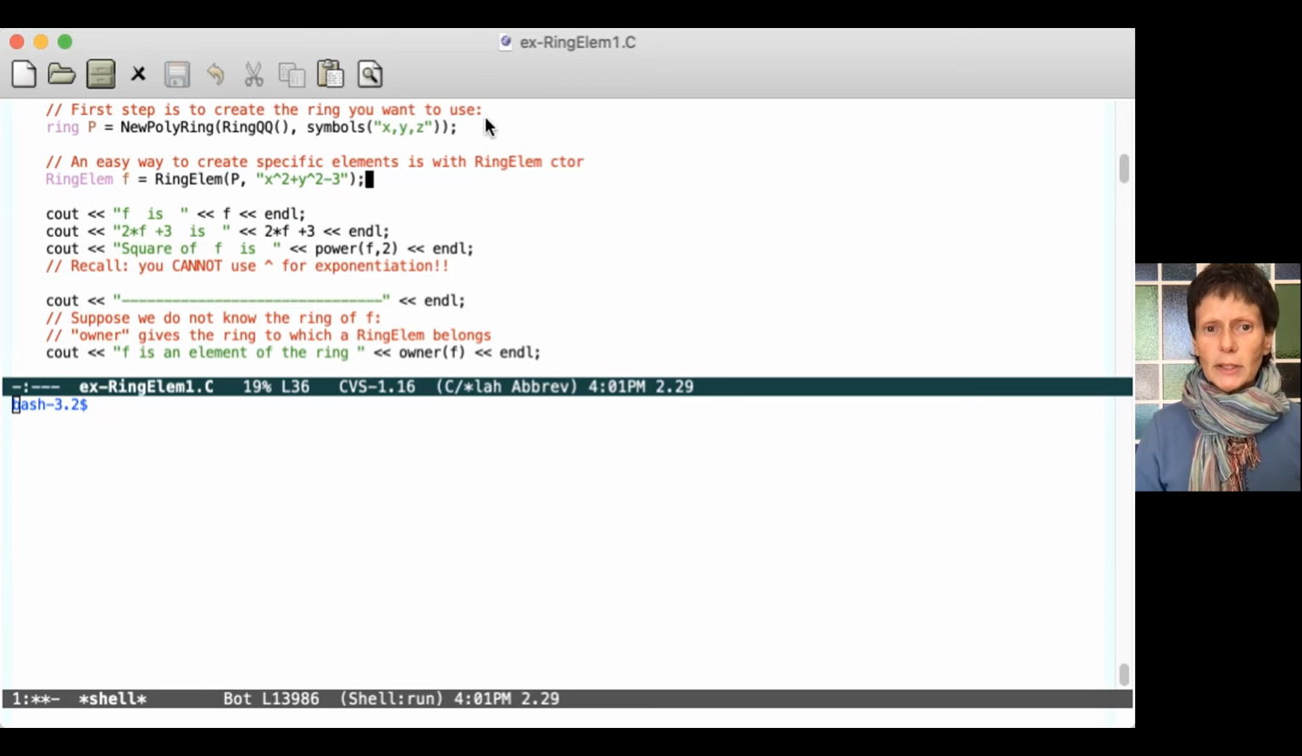Before creating the elements, you need to create the ring. You already know this. And then you can print out the ring element, the polynomial, in this way. You can multiply the polynomial by 2 and add 3, and you get this. You can compute the square. You cannot use in C++